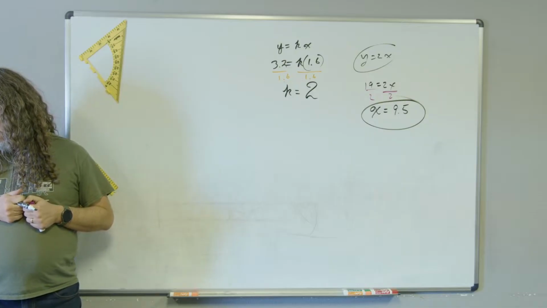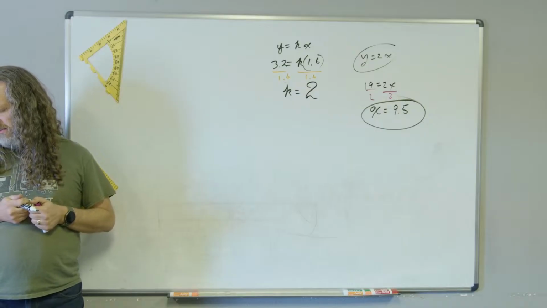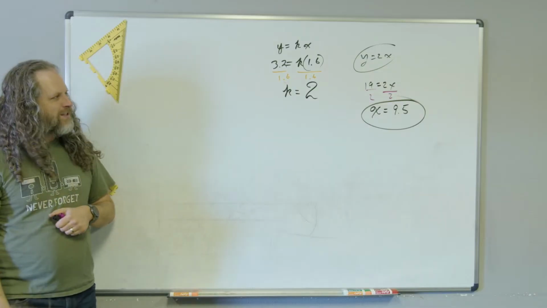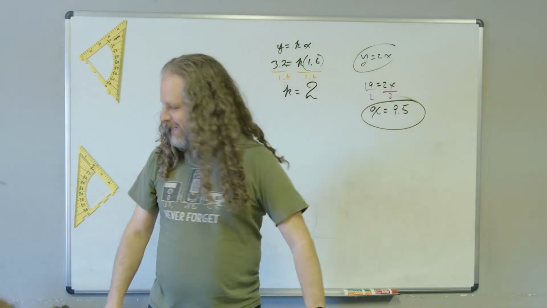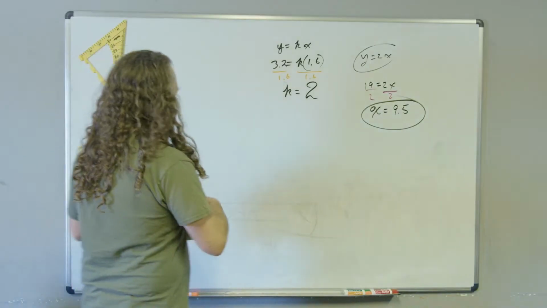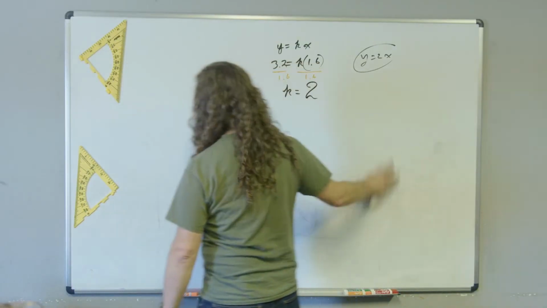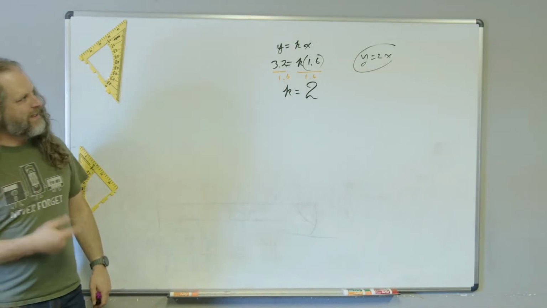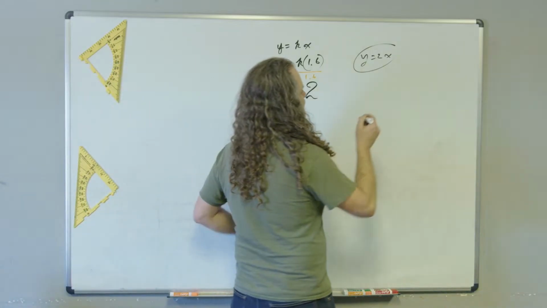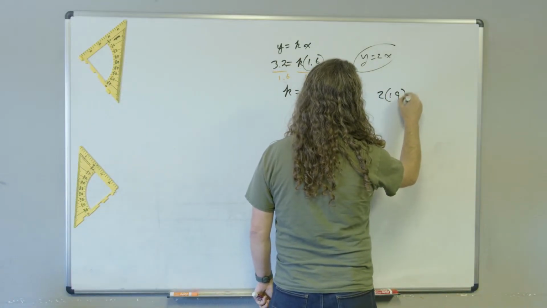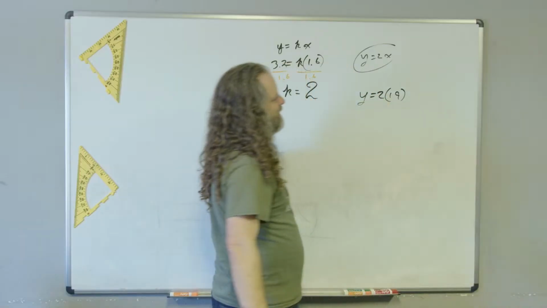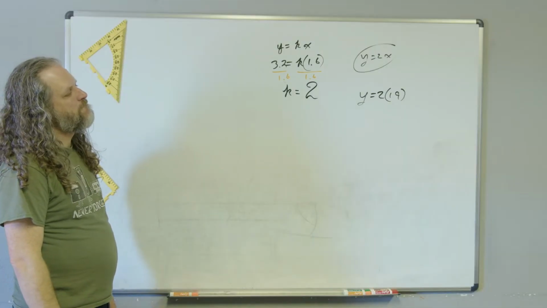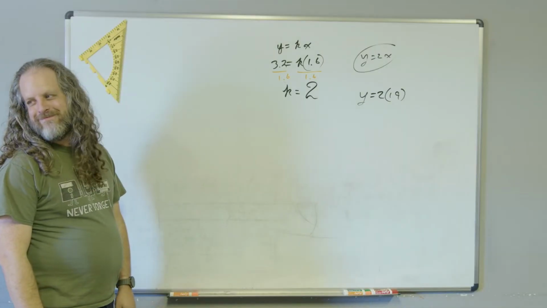Oh, wait, y'all told me the wrong thing, kids. Y'all told me the wrong thing and I just trusted you. Shame on me. Okay, so the problem says find y when x equals 19. Wait, so we put this as a 19, and we're solving for y. See, that's where I was confused. I was like, wait, something's wrong.